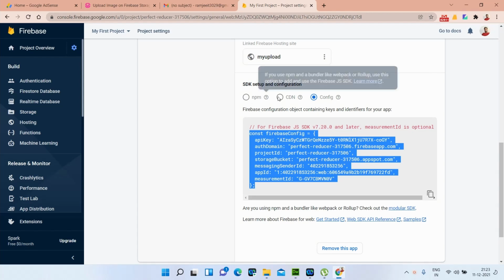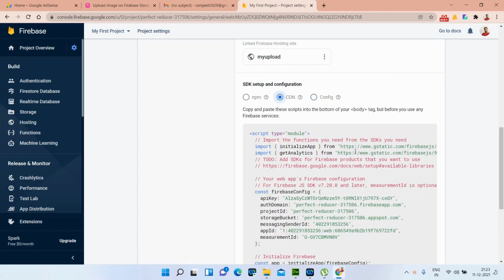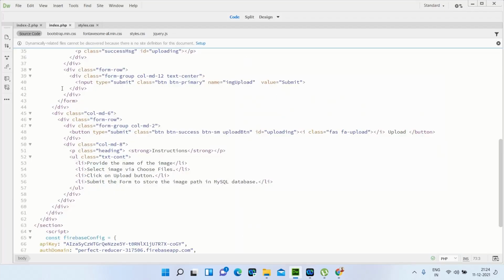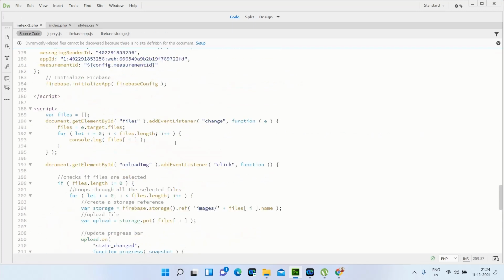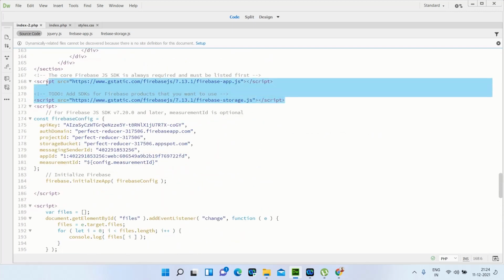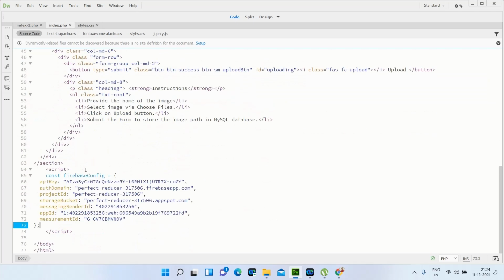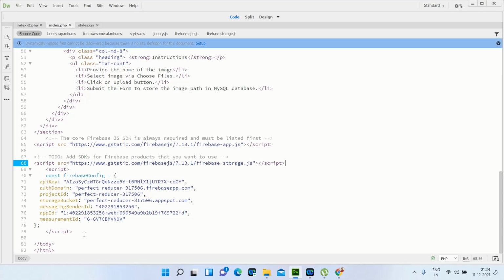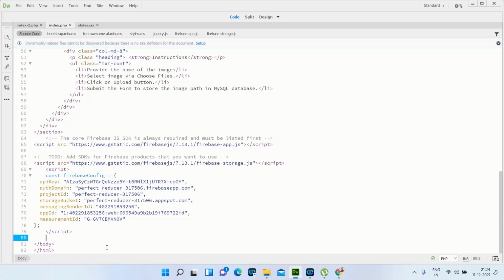So go to CDN and copy these files. I have already copied this, so I will use this only. So I'm going to this and copy the JavaScript files libraries. So here I'm going to paste here. Okay. After that, we'll need to write some JavaScript to upload the file in the Firebase storage.